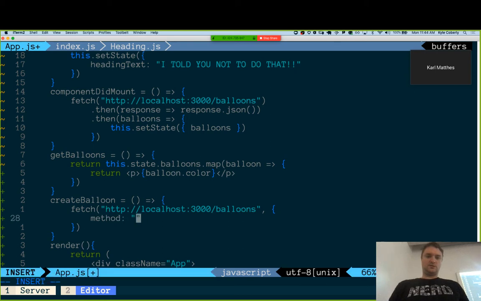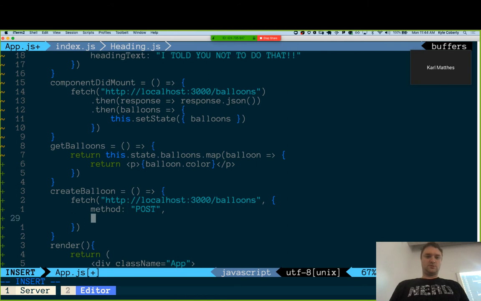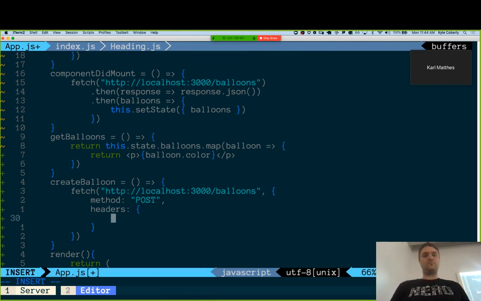Method is post, headers, content type application JSON,